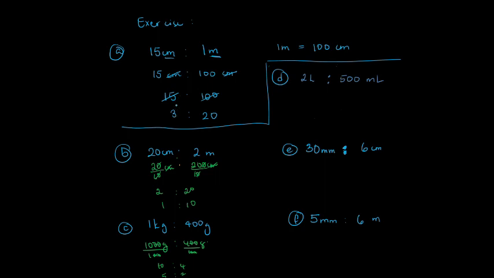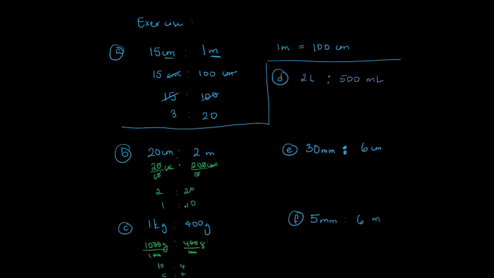Okay, I guess 5 can go into 15 3 times, and 5 into 100 20 times. And this is the trend right here that we see. We see 20 centimeters to meters. We convert this to centimeters, and we get 20 to 200, which breaks down to 1 and a 10,